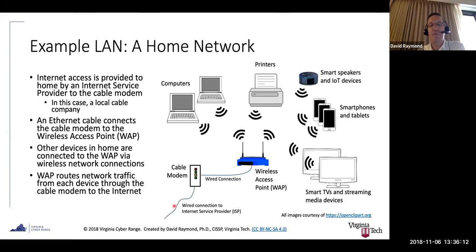From the cable modem, out to the internet, it gets routed to the device on the other end from which that web page is going to be served, and then the responding web page is sent back to the cable modem, goes back to the wireless access point, and then gets transmitted wirelessly to the computer, and that web page comes up on your laptop. Okay, local area network. Everything on this picture within the cable modem is the local area network.